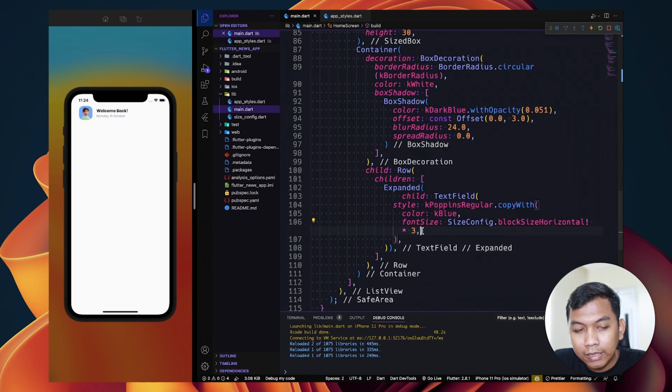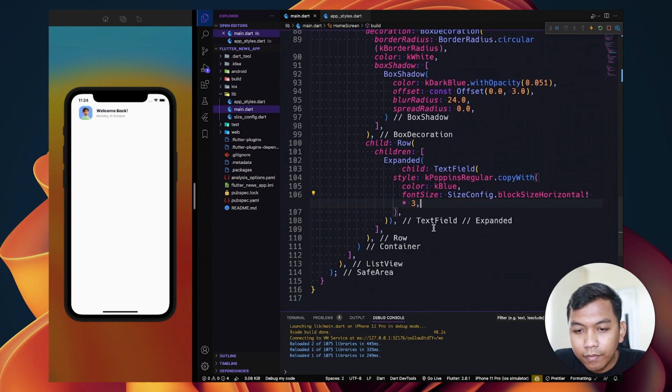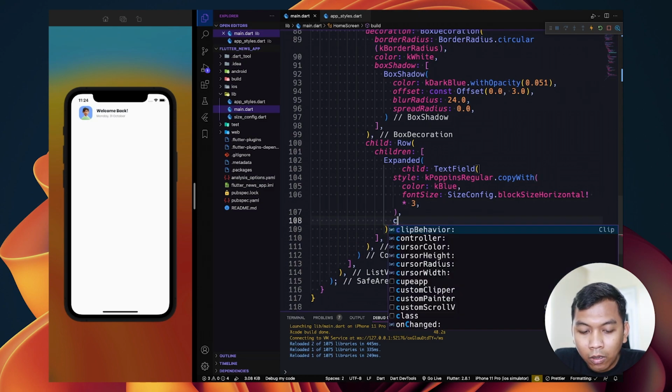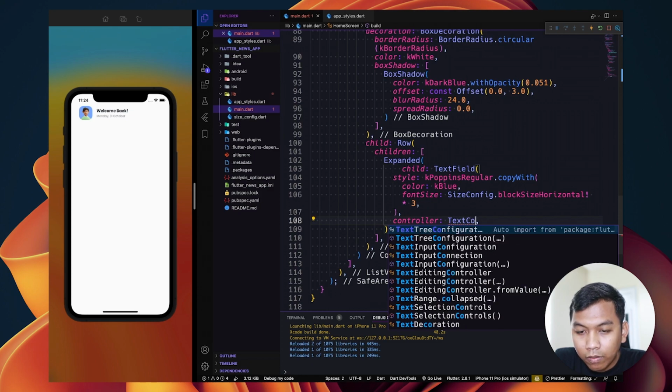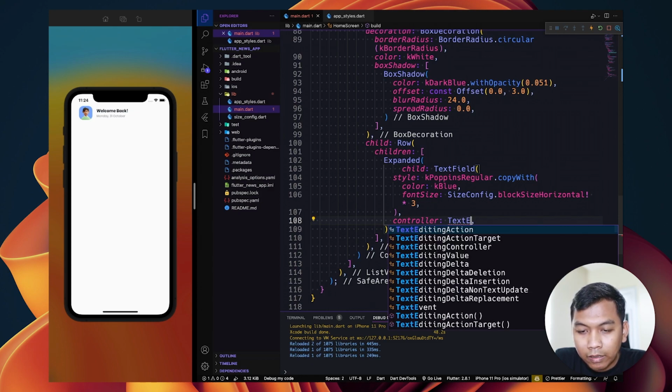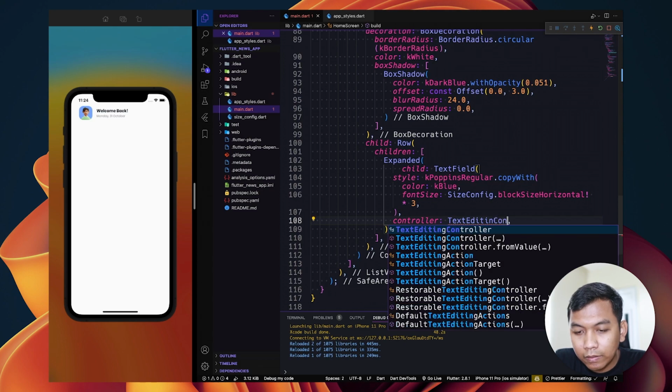So it's meaning 3% of the screen width. And the next is a controller. And for now, make it as simple as this.